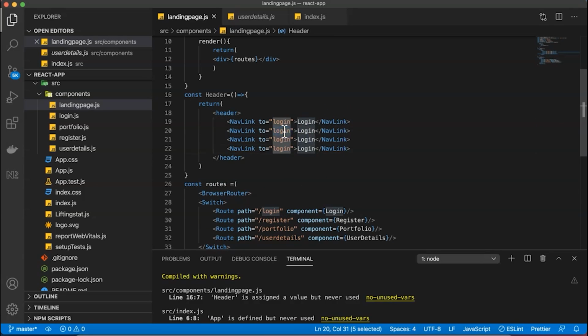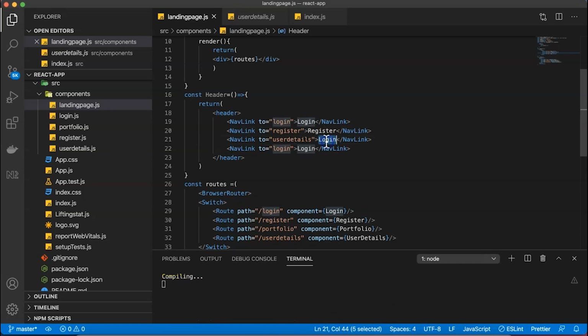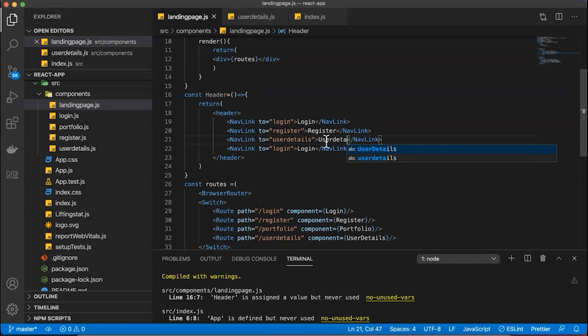Login, register, register. We also have call, last we have call